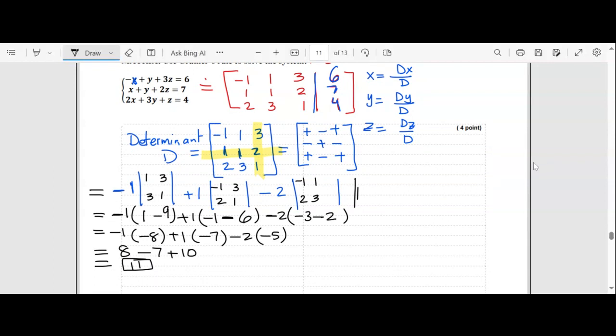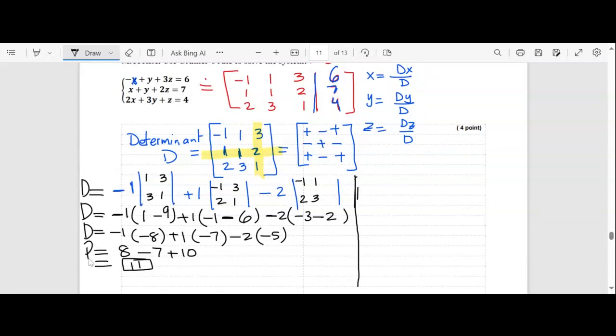Okay, so let's try to get dx. So this is D. So now D is how much? We said 11, right? So you're going to divide by 11 for all of them. Now I need D to get dx. To get dx, you have to replace